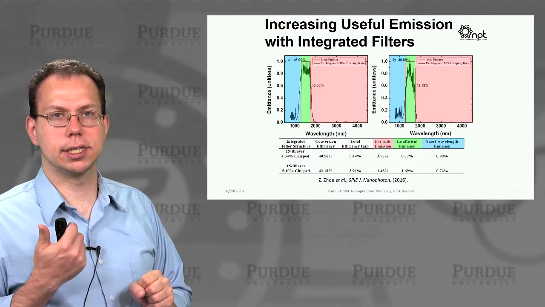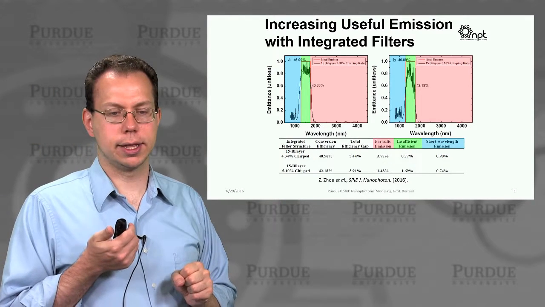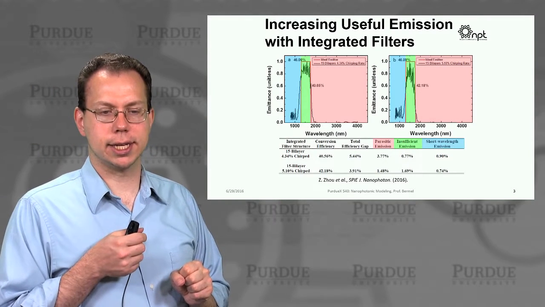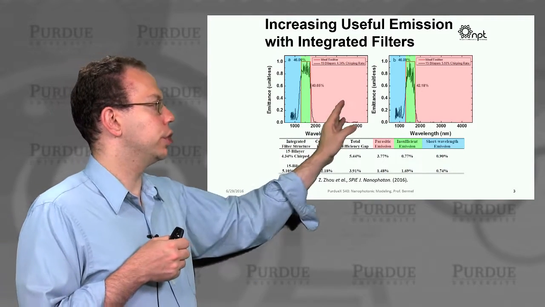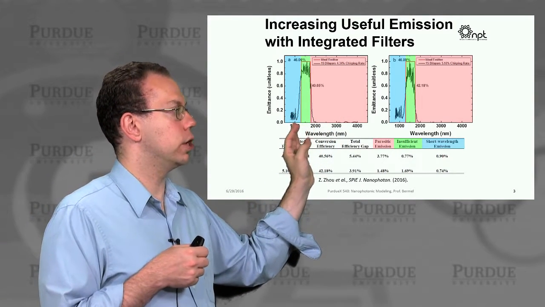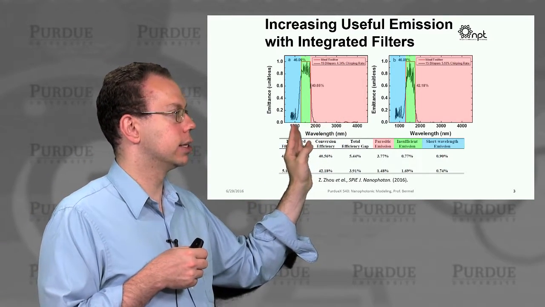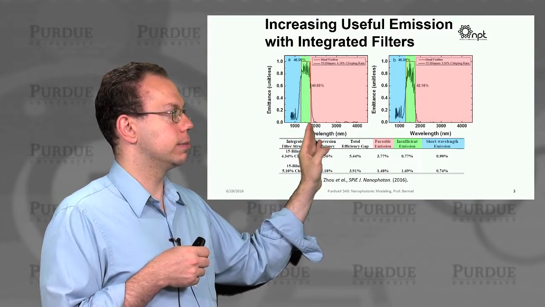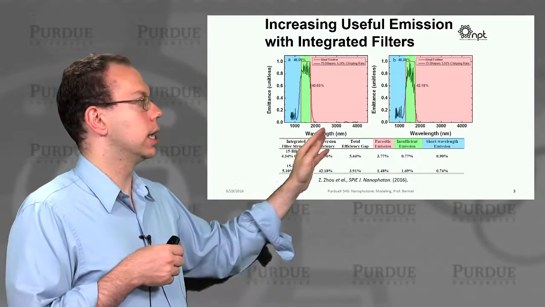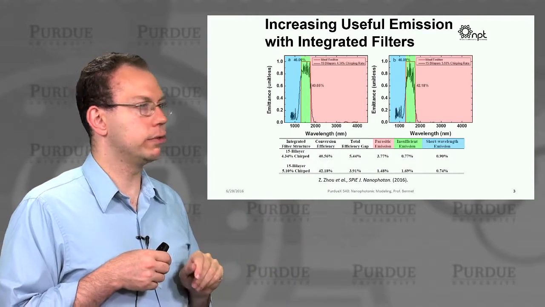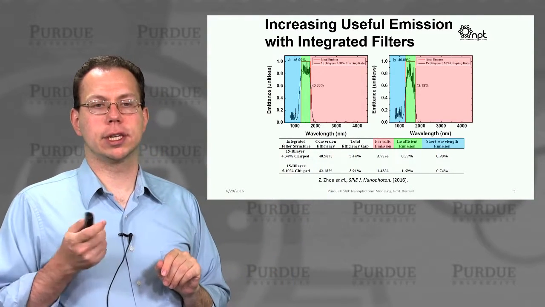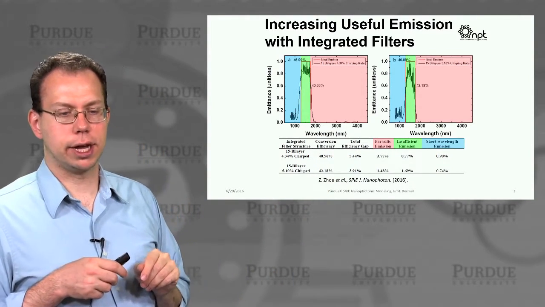Green, of course, is the best region that we want, with the highest emissivity. We have some blue at short wavelengths, and that blue is giving us a little bit of loss because of thermalization. And at these long wavelengths, these red regions, we of course can't use those photons, so that's complete loss.